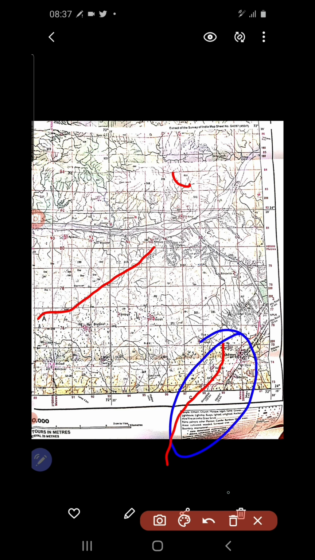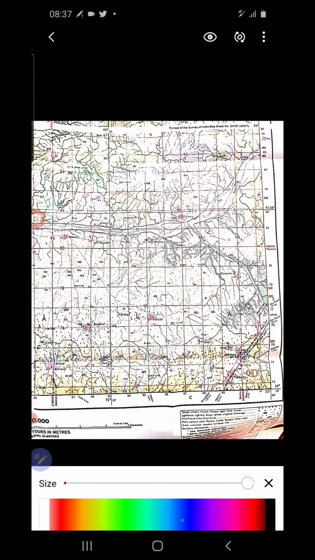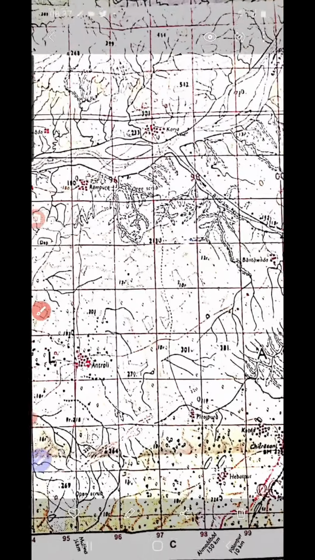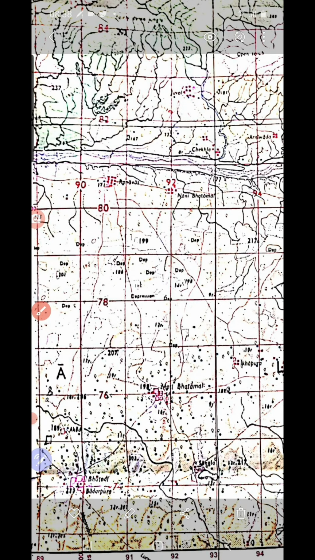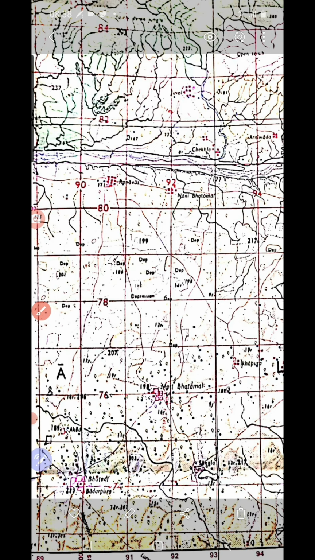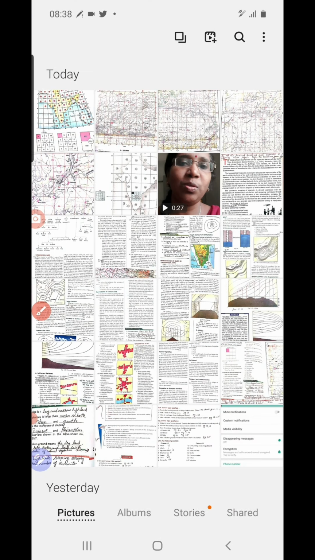Then you can see here, blue color is not that visible. But even then, I can show you here in the middle of this map. If you observe clearly, blue color can be seen. Yes, in the middle you see blue color lines are there, but that is not so visible. Then there are these dots, a number of dots. These are all in blue color. So these blue colors indicate perennial wells. Last class also we went through all this. So I hope this portion is very clear.